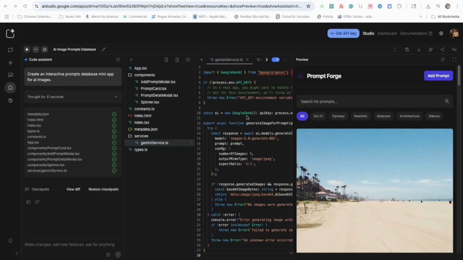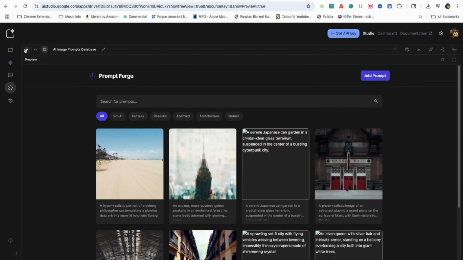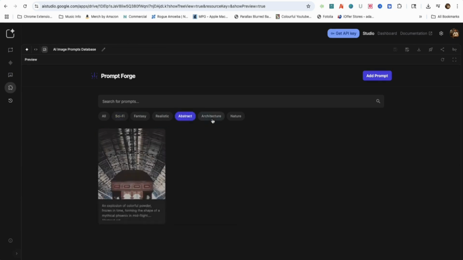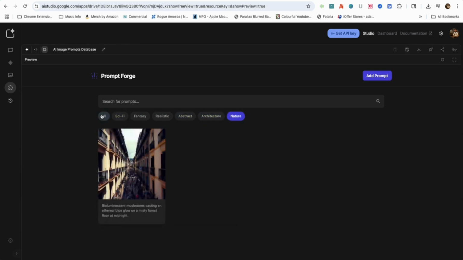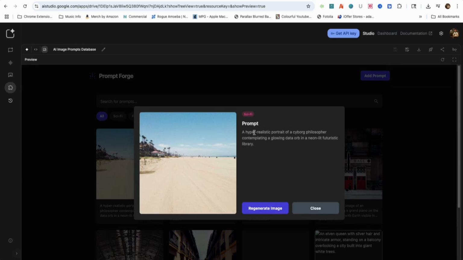As you can see on the right side panel, Gemini created an image prompt database called Prompt Forge. I'm going to hide the code and everything else except the image prompt app itself so you can see it better. The image prompt app has a search menu, an add prompt button, and category tags to filter different image styles. When you click on an image, a window will pop up with the prompt, the image, and a regenerate